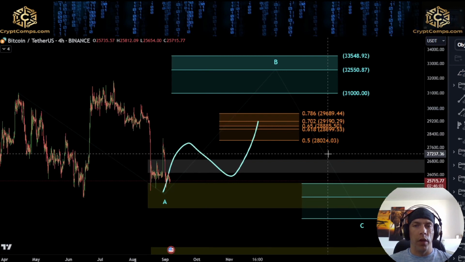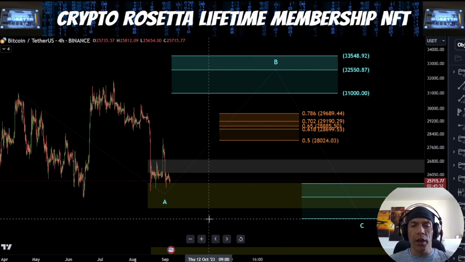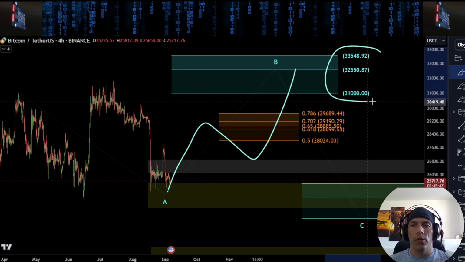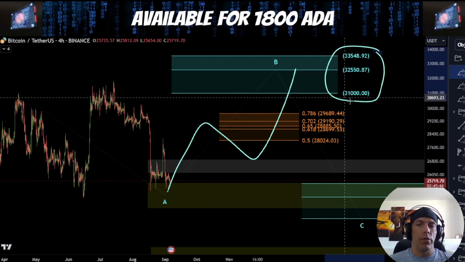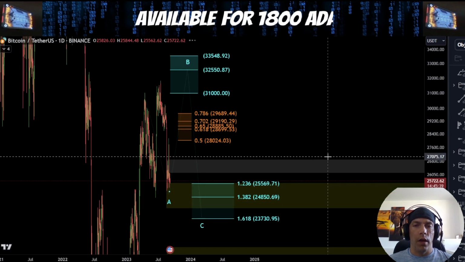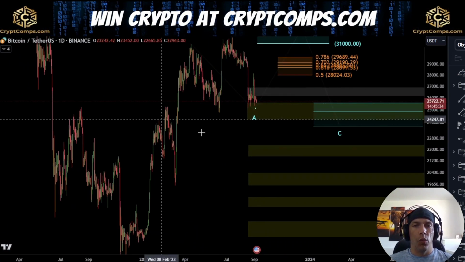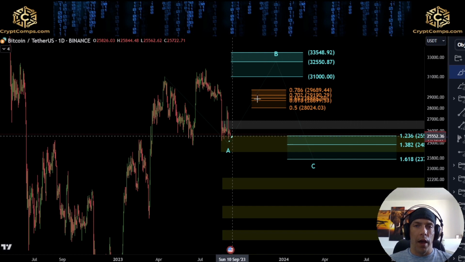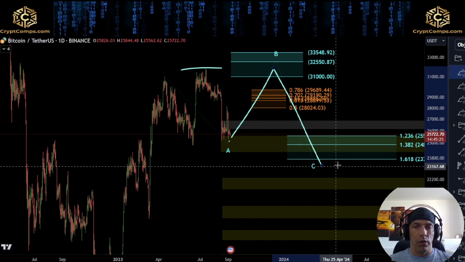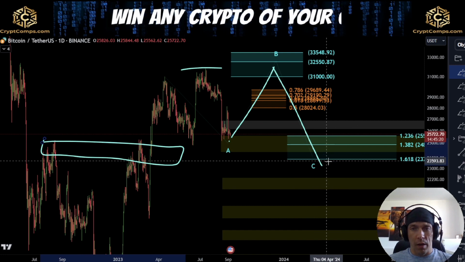Now, there's 2 zones that I'm looking at here. The orange zone over here would be if this is going to be a regular B wave pattern. If we're going to get something like an irregular flat pattern, what we could also potentially see is a push back up into this 33,500 to this 31K region before still seeing an additional push to the downside in a C wave. Now, what this would allow for is a bit more of a larger sideways consolidation above these support zones, looking for a push to the upside, looking to sweep liquidity above these zones, and then seeing a final push back down into these levels once again with an aggressive sell-off in the C wave,